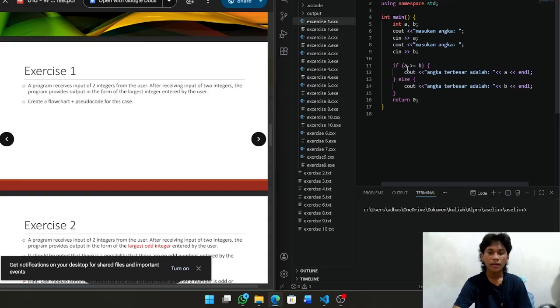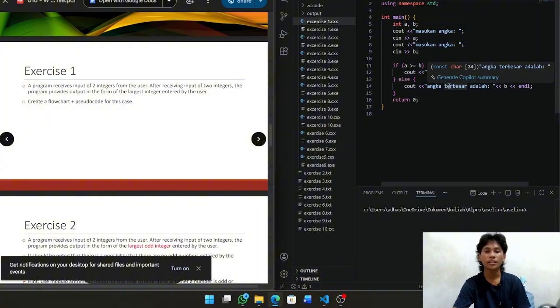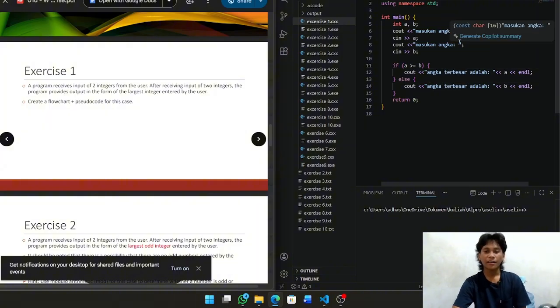If a is larger than or equal to b, we print out "angka terbesar adalah" followed by a, because a is larger than b. Else we print out b, because if a is not larger than b, then b is the largest.